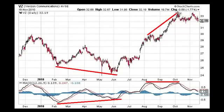Verizon goes on a tear up to over 33, and the MACD bunches up, the lines cross, and right in here, you're like, that's MACD divergence, time to bail, take profits, and just wait on the sidelines. And even though we have not so far come down into a bear trend or any kind of decent retracement,